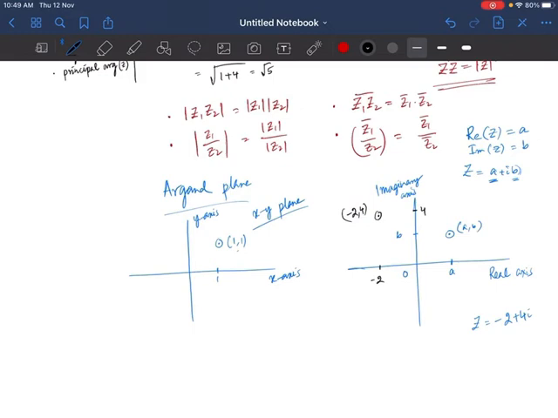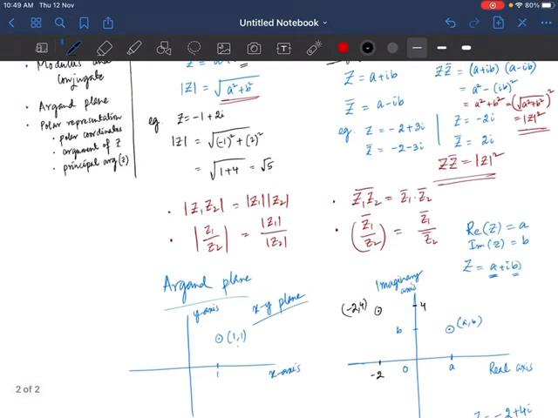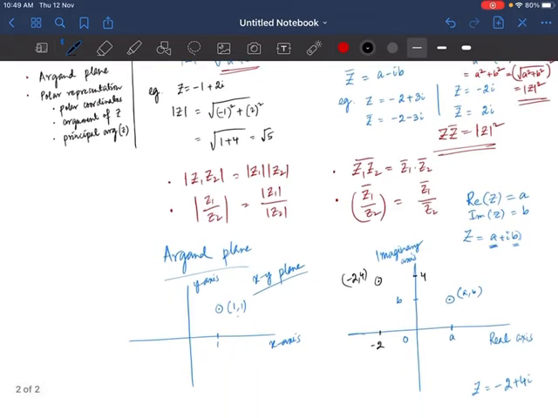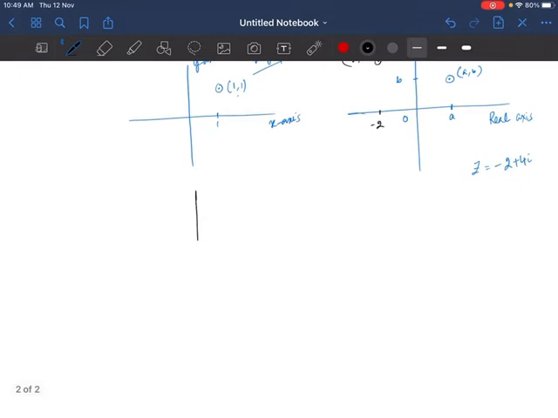Now I told you before that I will discuss modulus after doing Argand plane, right? So let us go to the discussion of modulus. In an Argand plane the complex numbers are plotted. Here we have real and here we have imaginary. Suppose I have a complex number z that is a plus ib. If I plot this in the Argand plane, I have this point here, it is a comma b, right? This is the point z, it signifies the complex number in the Argand plane. Now what is modulus of z?